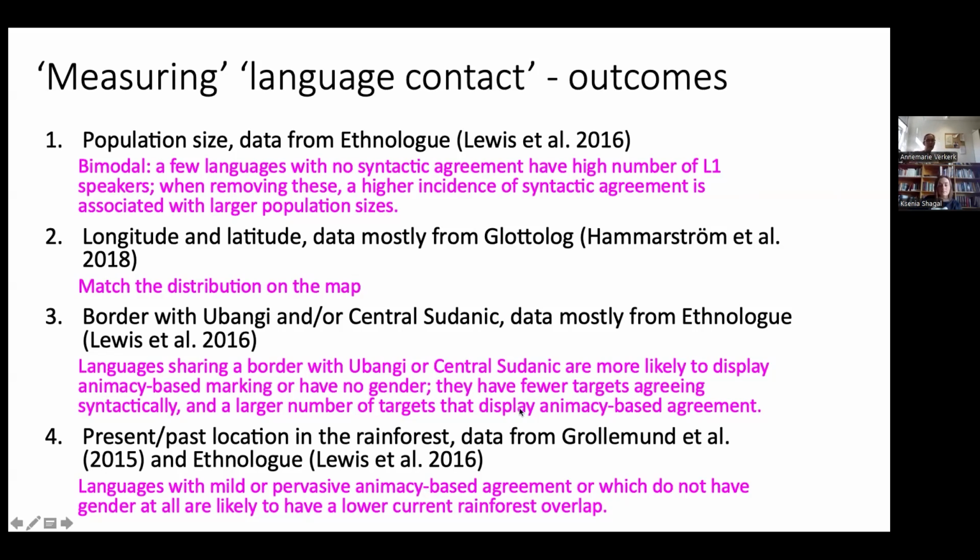So ultimately, reflecting on that, we do find this effect, which holds even if you do more aggressive control for genealogical relationships. But it's just a geographical effect, right? So we can surmise from this that there is something about the contact with languages that do not have a Bantu-like gender system that seems to trigger Annemarie-based agreement coming in, but that's about it, right? It's nice, but somehow you want to know more, right?